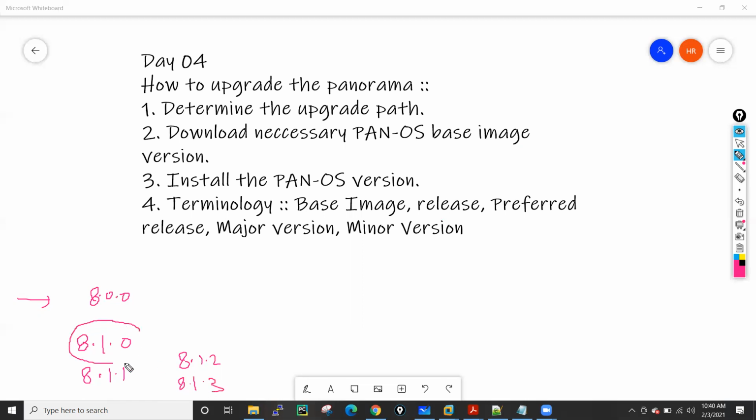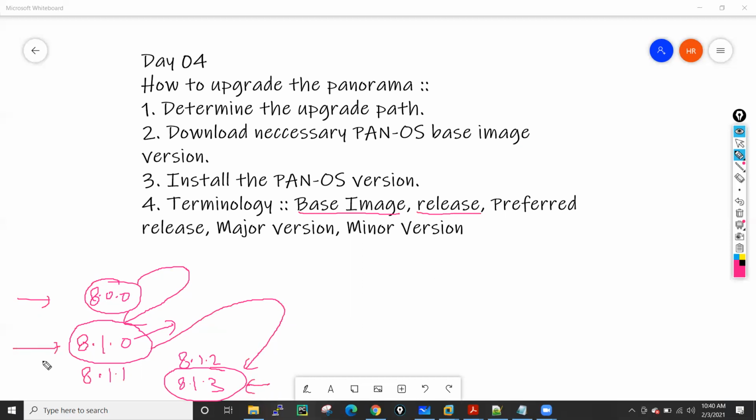So this particular image is a base image. If you want to upgrade from this version to that version, you first have to go till the base image, then from this base image you go into the further release. So this is your released version and this is your base version, we can say base image.